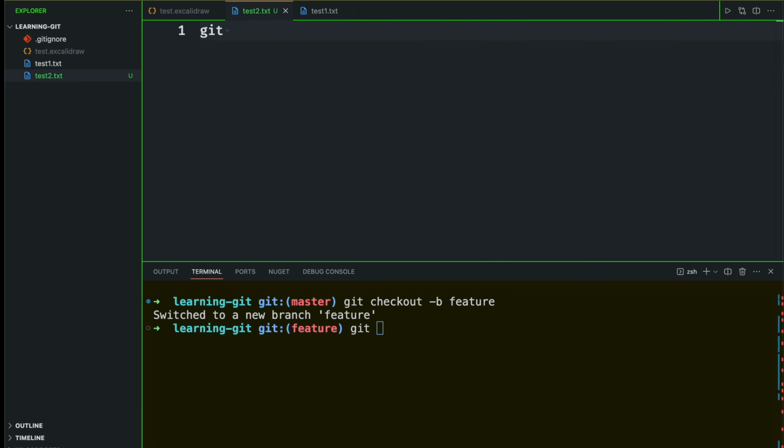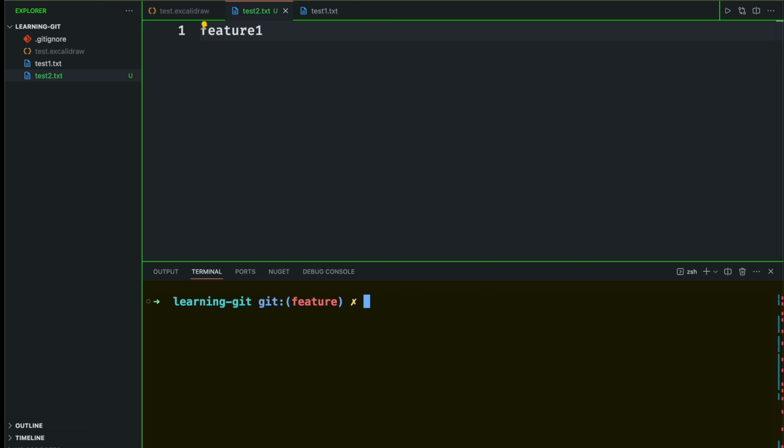And then we are going to write here, let's say feature1. Let's add the changes and make the commit. Git add, git commit, first commit from feature,